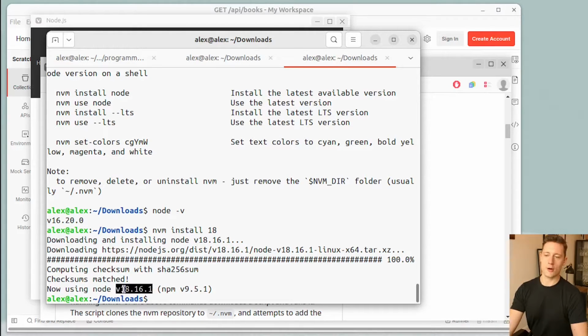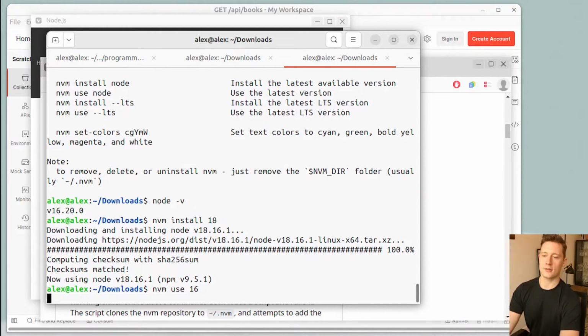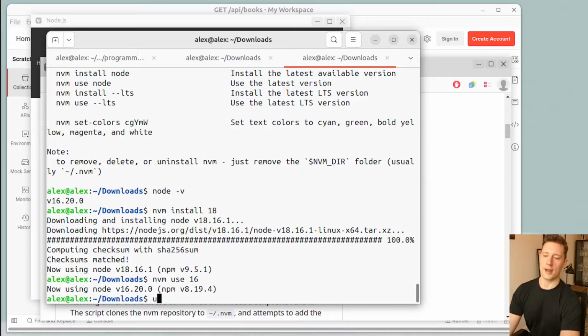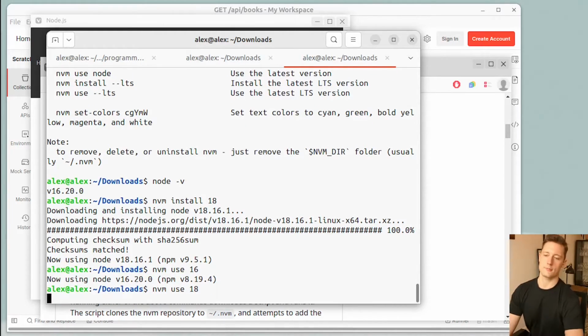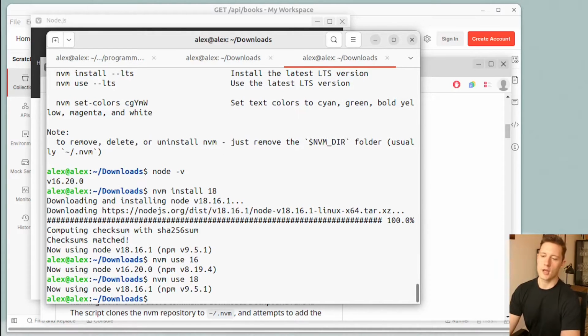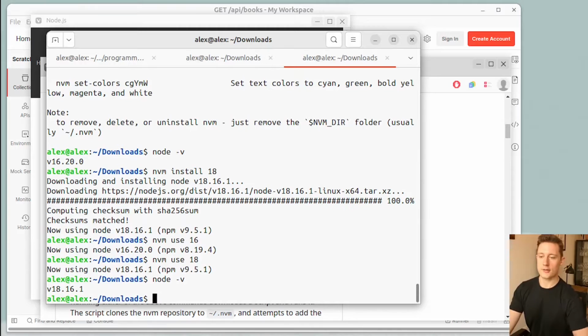So now I use Node.js version 18. If I want to use 16, I just write nvm use 16. If I want to go back to 18, I just write nvm use 18. So super simple. Anyways, if you have Node.js installed on your machine, you write node and then -v, and